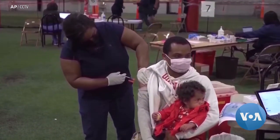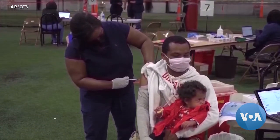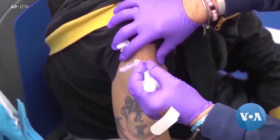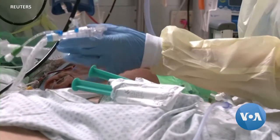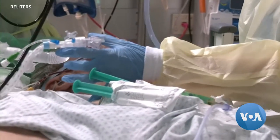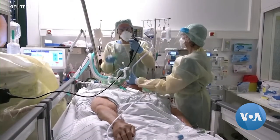Some people think if you get sick after being vaccinated, the vaccine has failed, but that's not true. The goal of vaccination is to reduce the severity of disease in almost all vaccines in use and not to prevent infection entirely. Several studies show the chances of being hospitalized or dying from COVID-19 are severely reduced for people